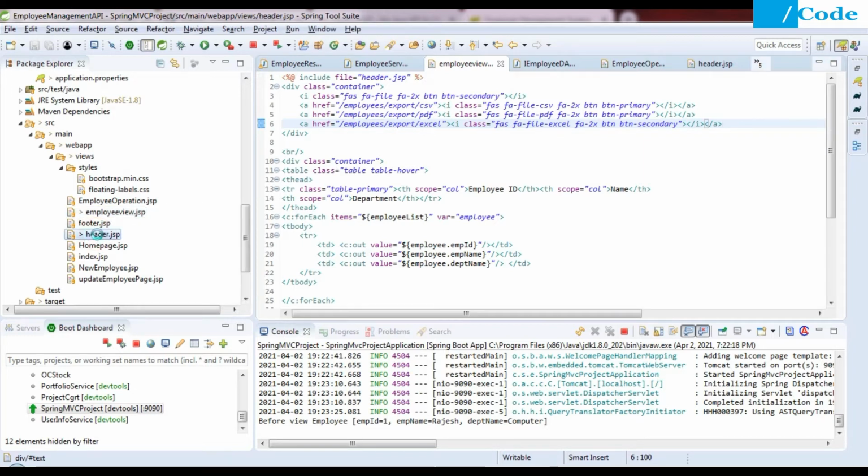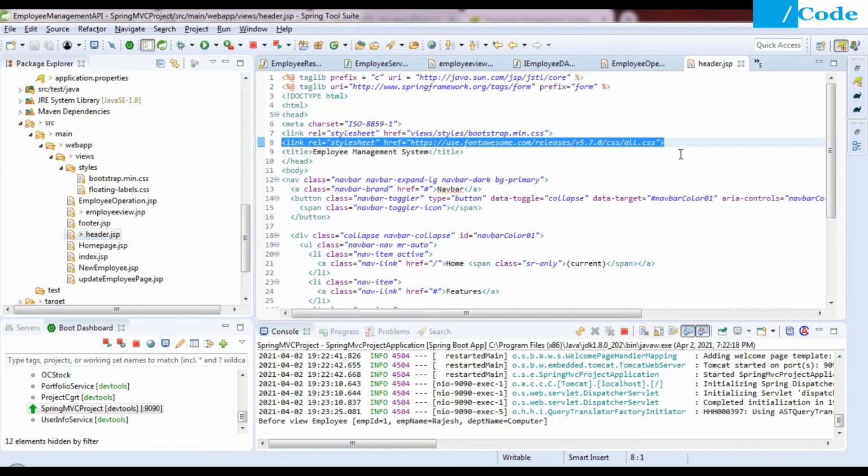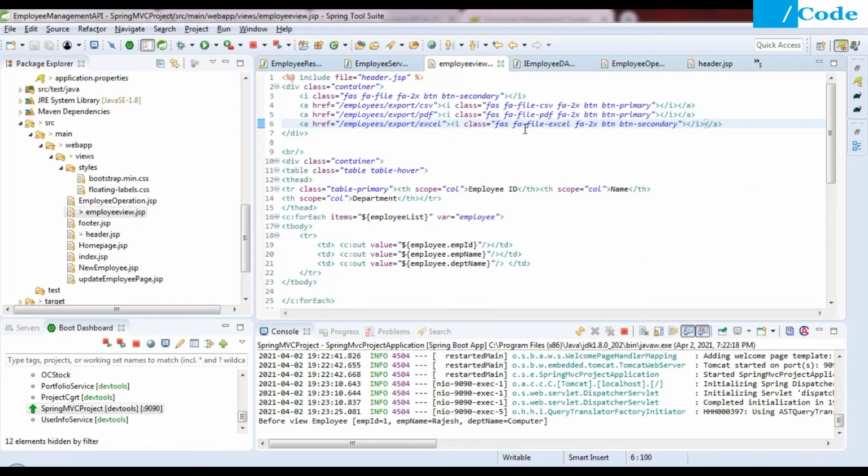to use the font awesome libraries like icons, we need to add this href link style sheet of the font awesome. So you can use this href command, or you can directly download that css file and store it inside your style.css, so that you can locally access this file. And after linking this css, I have configured these icons inside my project. So you can see that I have already defined the href here in the anchor tag. Then we have the icons like I, then class, then this is the format to access the icon from the font awesome.